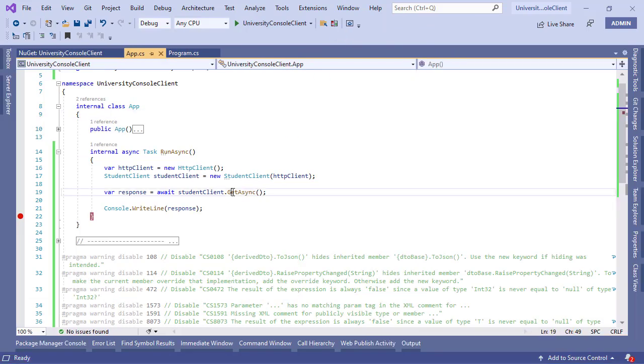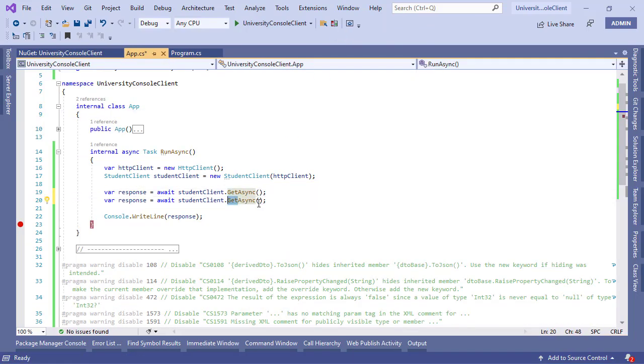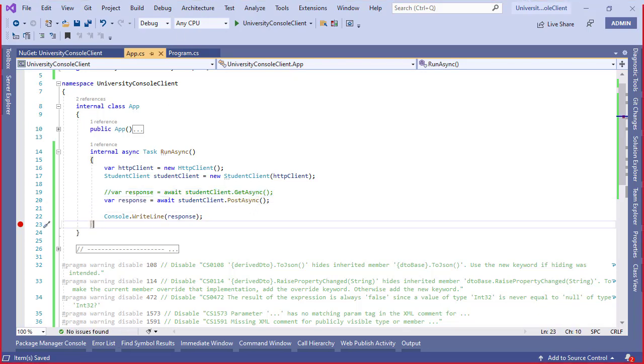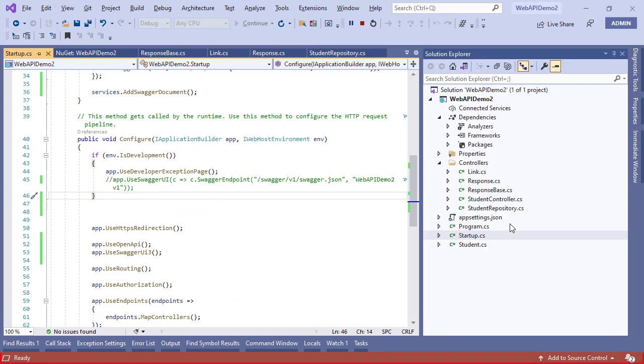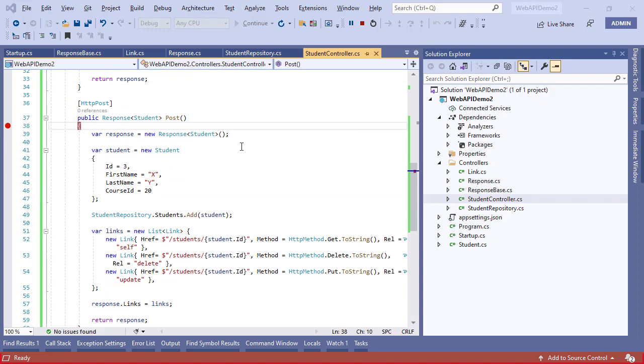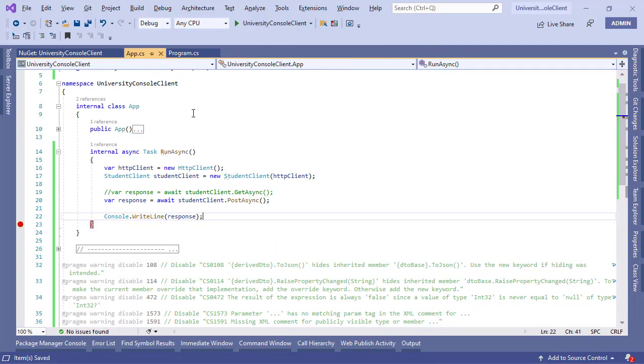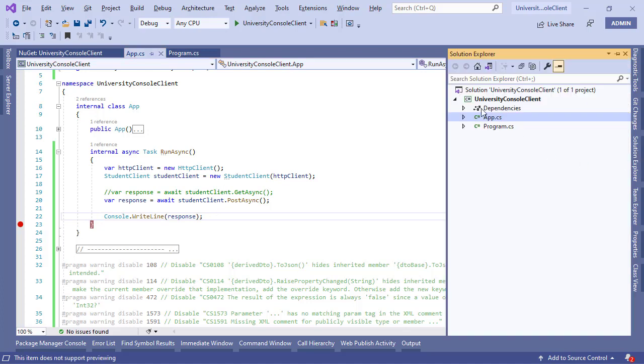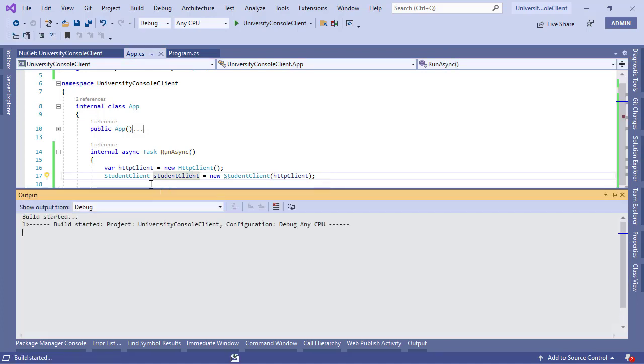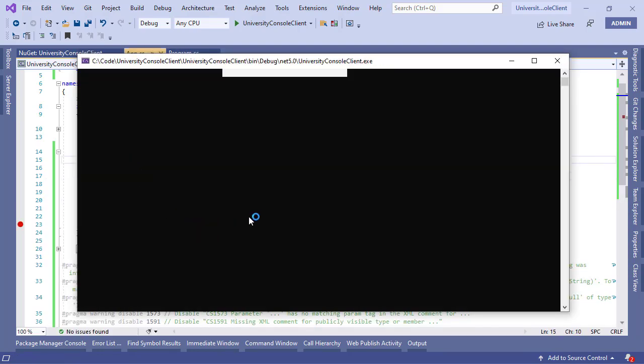If I change the type and switch to, I'm not sure if there's a post method. There's a post async as well. I'm going to comment this out. And the post async is going to invoke the post API, this URL, and I think we still have that breakpoint. I'm not sure if it is going to hit. We are starting the console client, where we have the code from NSwagStudio, and I'm going to hit the F5 button,